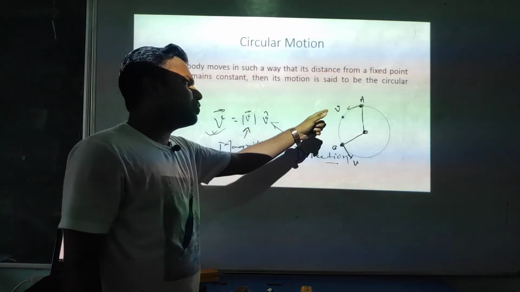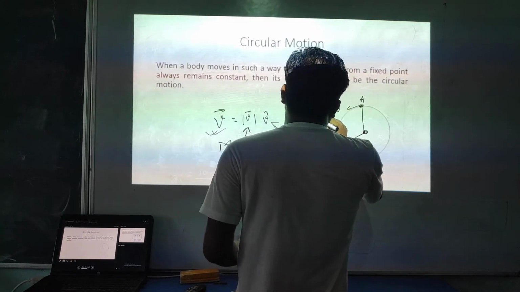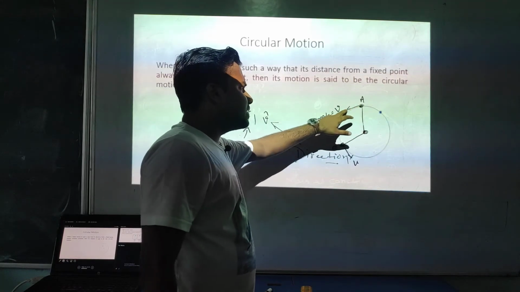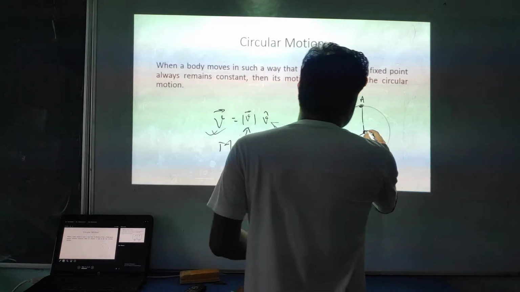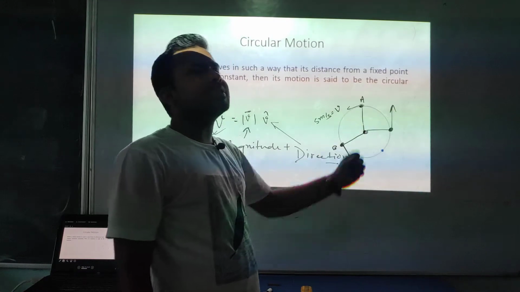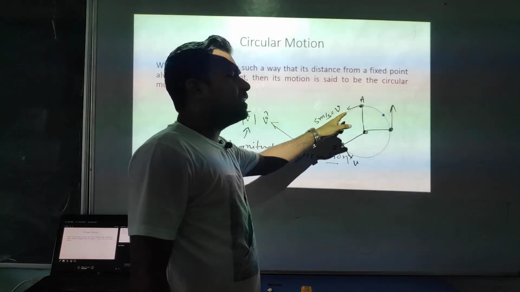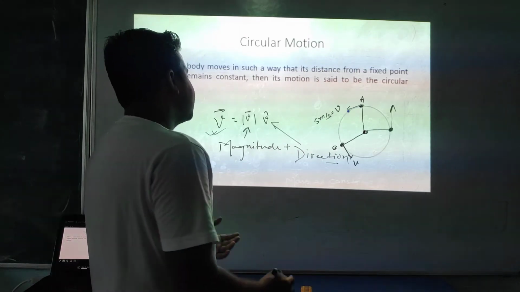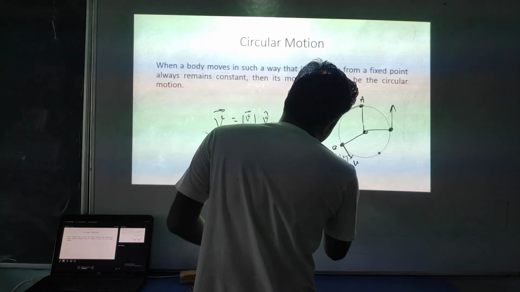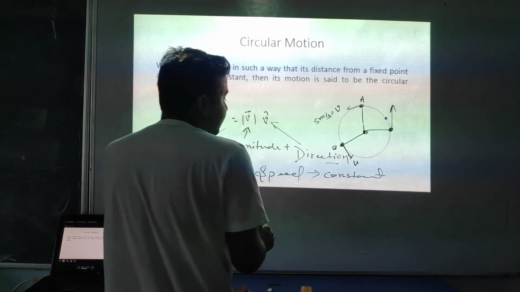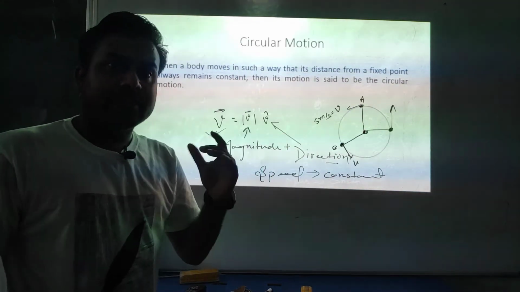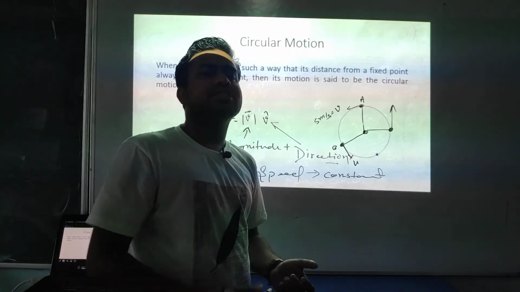Look at this. Here, if you assume the magnitude is every time 5 meter per second, like that, but the direction is continuously changing. Here it's directed in this direction, here it's directed in this direction. If you take another point here, it's directed in the vertically upward direction, is it or not? So it's continuously changing direction. One thing you can say is fixed, that's the speed. Speed can be constant in this, but not velocity. In circular motion, velocity can't be constant because it's continuously changing its direction.